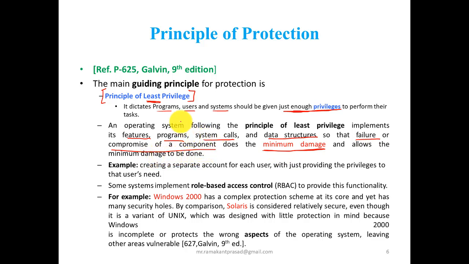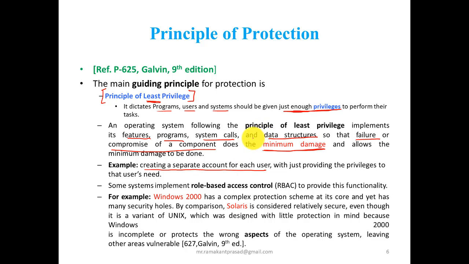Therefore the principle of least privilege is very important. This can reduce the damage to the system in case of a natural failure or an external threat on your system. For example, creating a separate account for each user. Why a separate account? Because each user has different privileges.